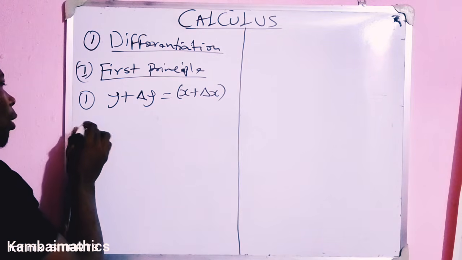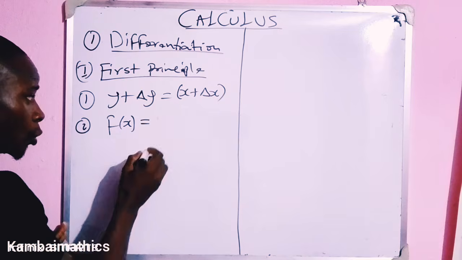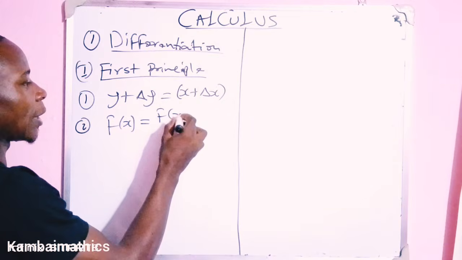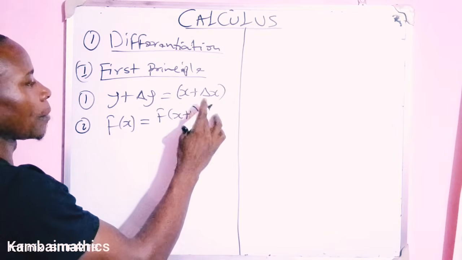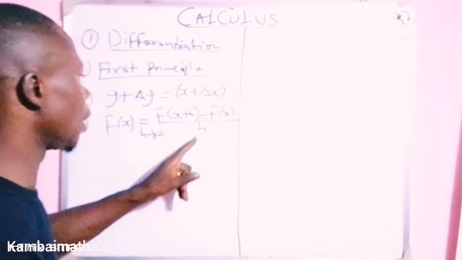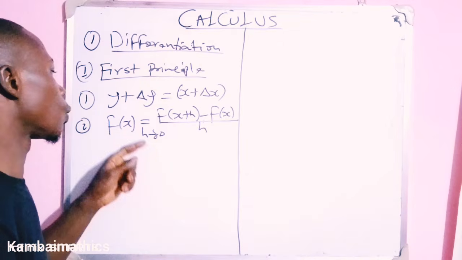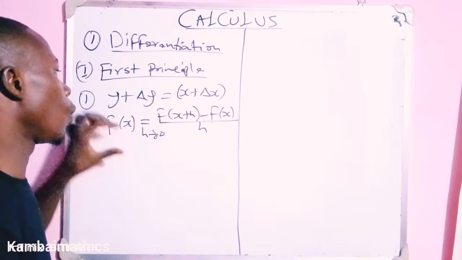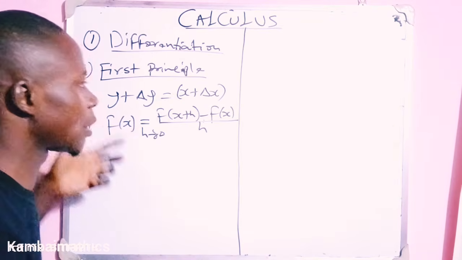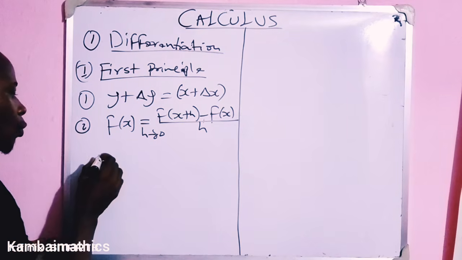And the next one, the second one, is f prime of x is equals to f of bracket x plus h in bracket minus f of x, close the bracket, all over h, as h tends to 0. h is the limit, just as this one also is the limit from the first one. So as h tends to 0, we can determine the derivative of any function. So let's take an example. We are to solve